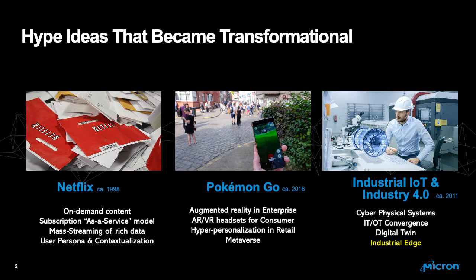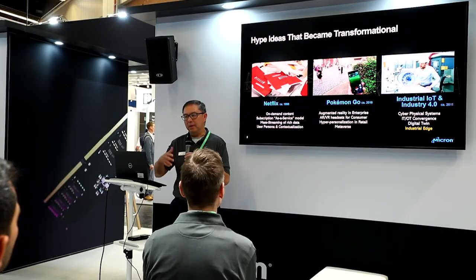that it created. And of course, in industrial IoT or Industry 4.0, that was a great buzzword, but a lot of the industry didn't know what to do with it. It was just a terminology. It was a concept. It was an idea of putting together a digital image of the machine and a digital representation. So cyber-physical systems, digital twin, and the industrial edge. Those are all new terminologies that are coming out with new technologies and solutions.